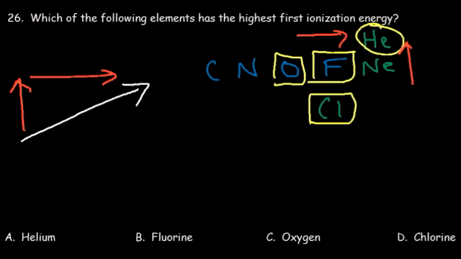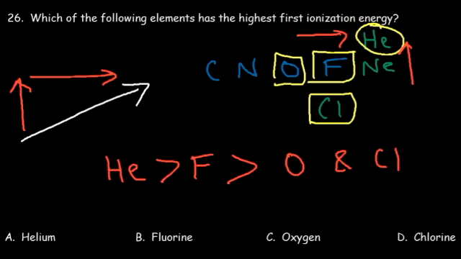So if we were to rank it, helium would have the highest, and then the next one would be fluorine, and then after that we have oxygen and chlorine. So the correct answer for this problem is answer choice A. By the way,